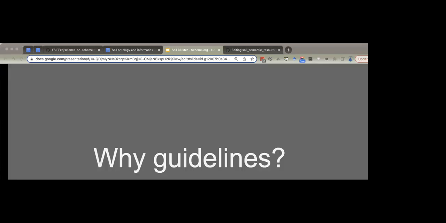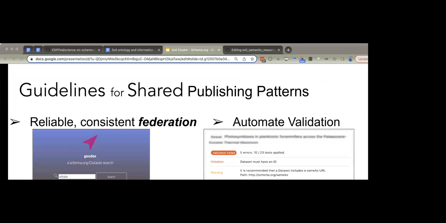All right, and so what's the need for these guidelines? If you go to schema.org, the website itself, you can find guidelines on how to publish that content right now. And what's interesting is that schema.org almost encourages domains to have their own guidance through the types. And so the guidance,